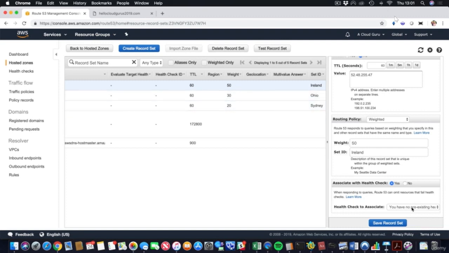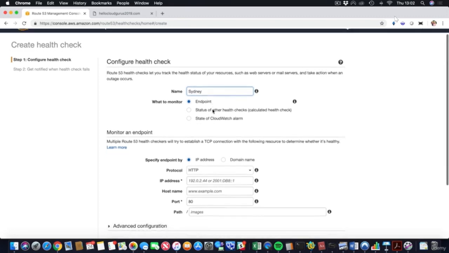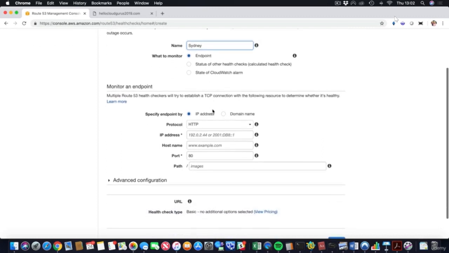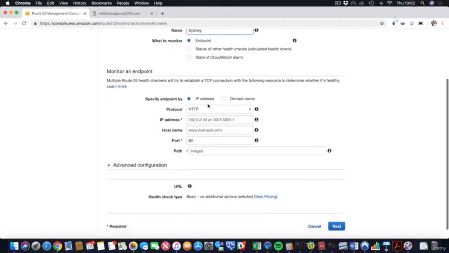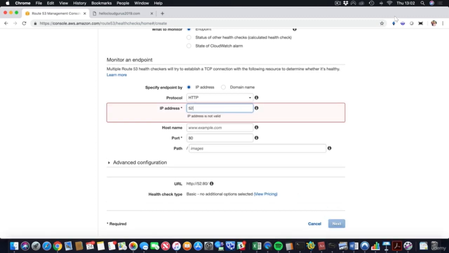Now, we have no existing health checks right now, but we can click over here and go to health checks, and we can go ahead and create a health check. And so we could call this health check Sydney. And what to monitor? We're going to monitor an endpoint, and we're going to monitor it by an IP address. In here, I'm just going to enter the IP address for my Sydney one, which is